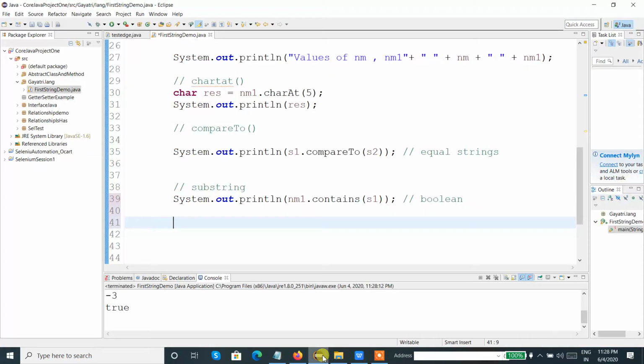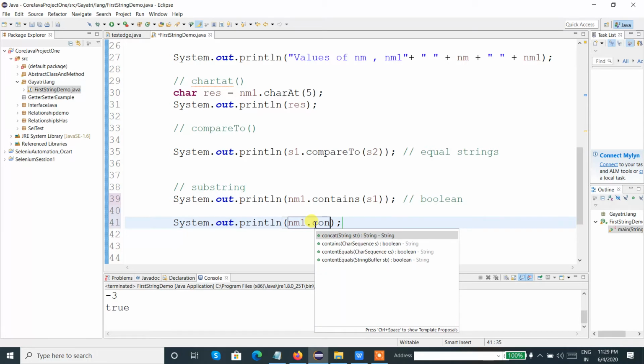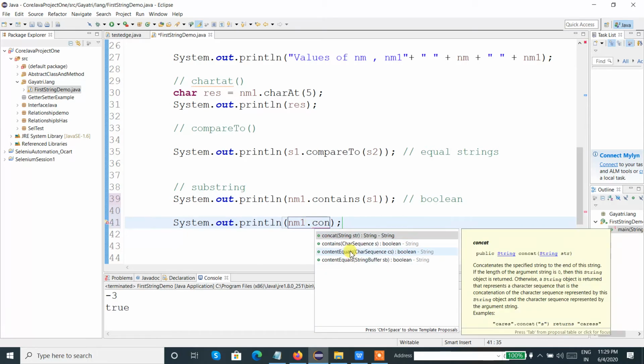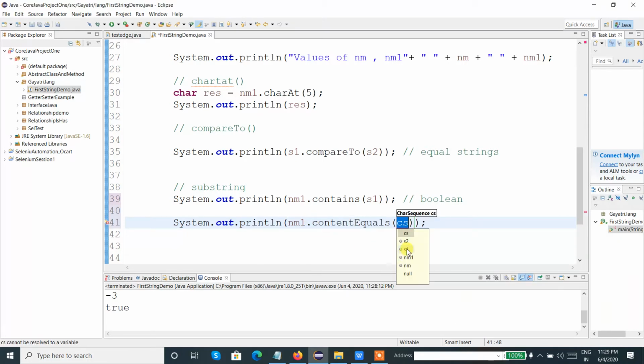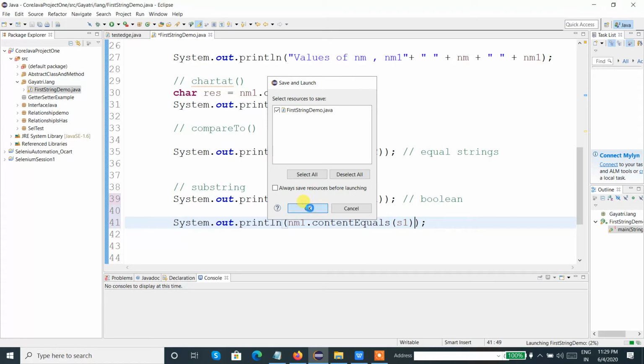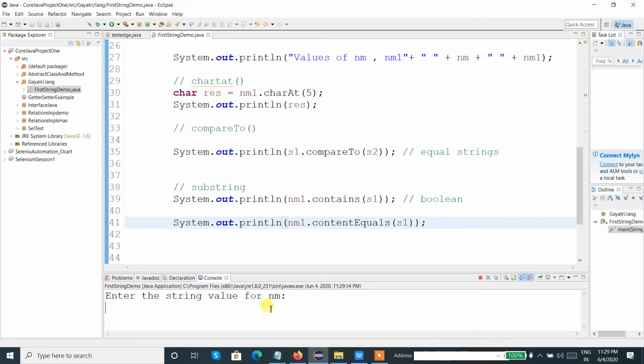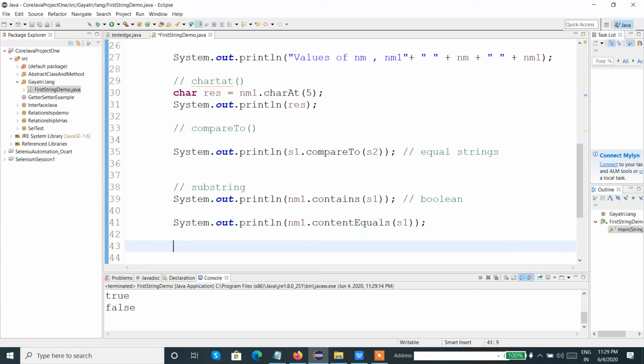How can we use contentEquals? nm1.contentEquals(s1). I am comparing whether both string contents are equal or not. Again the return type will be true or false, that is boolean. So it is false, both the string contents are not equal.